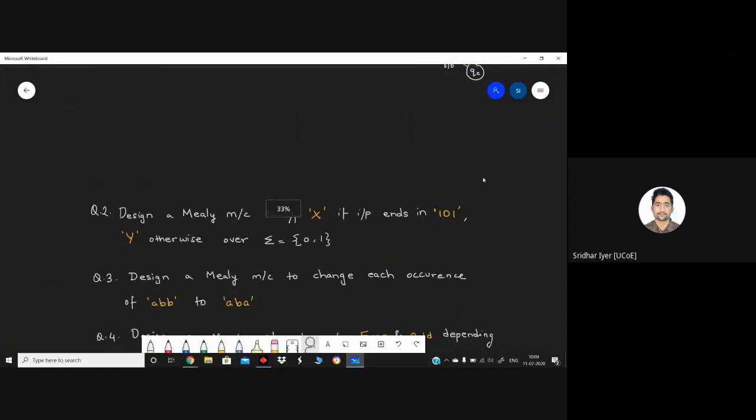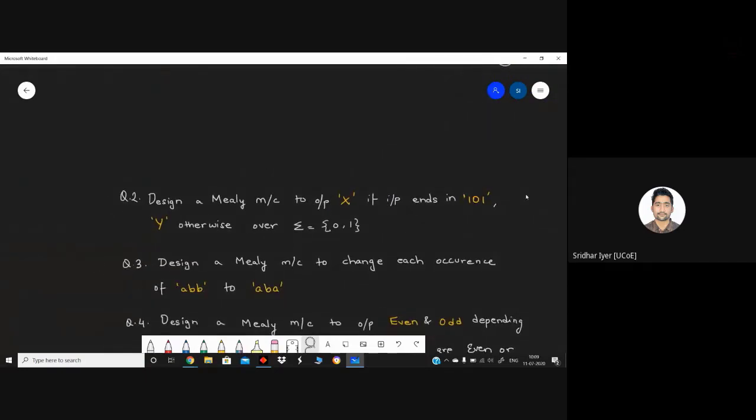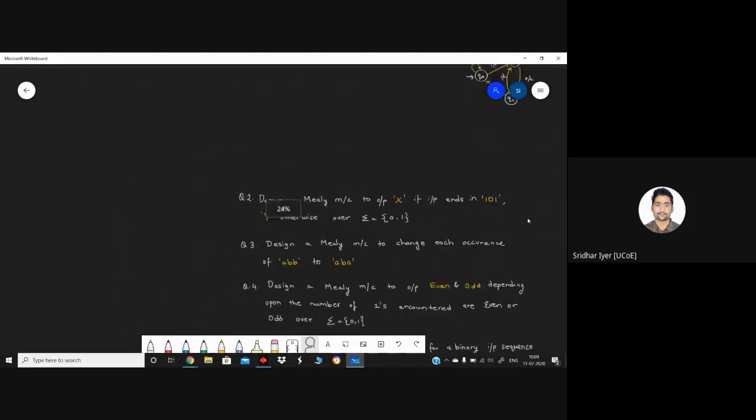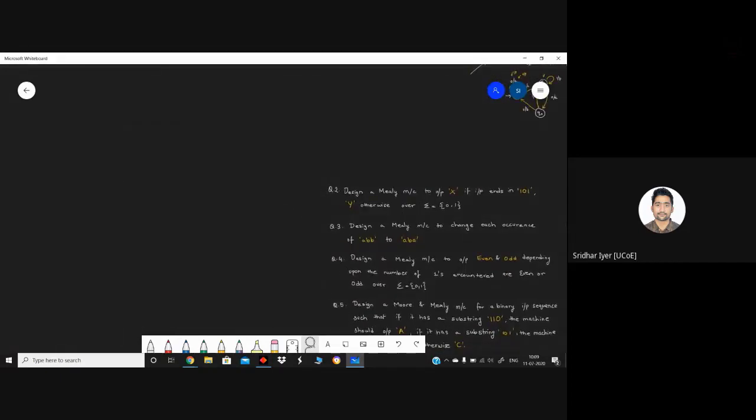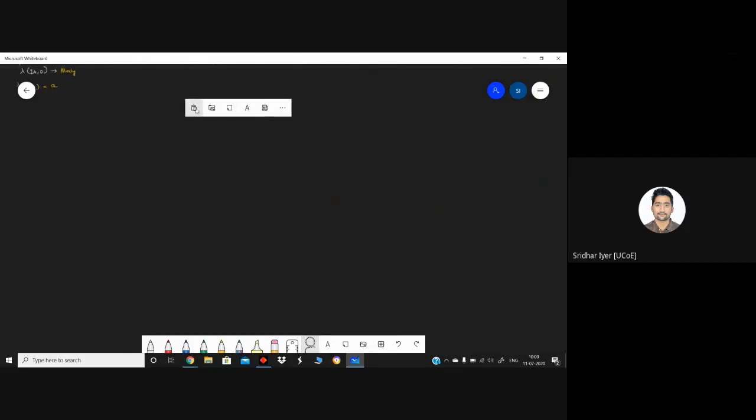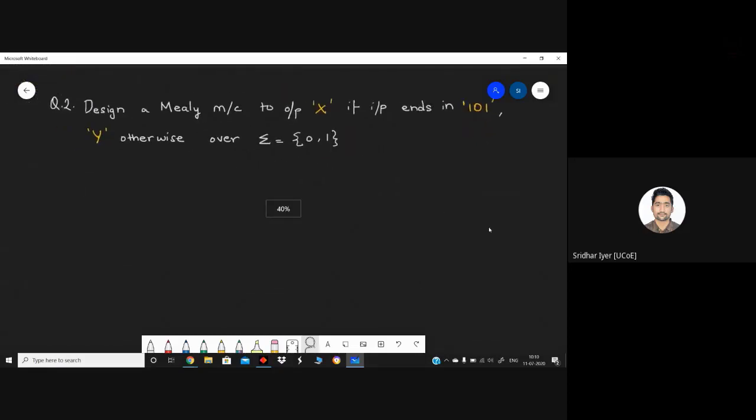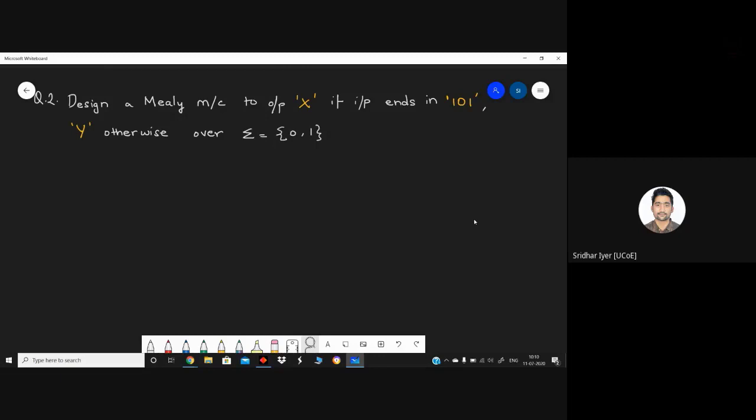Okay, kindly start the problem. Let me do some arrangements over here. Construct the table first. After you're done with the table, we can start with the diagram. Okay, I will solve it one by one, step by step. You just start with the table first.